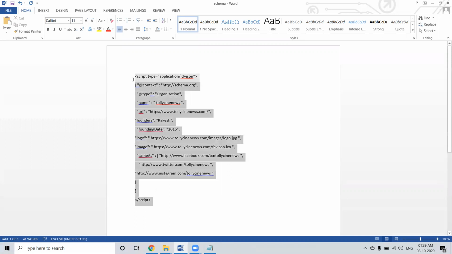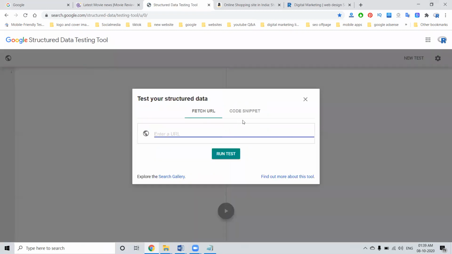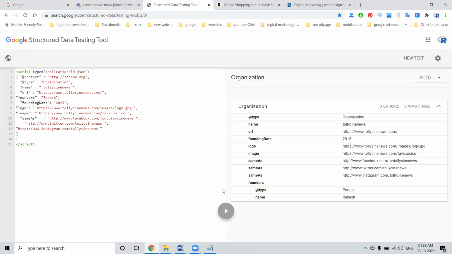After this, copy this code. First of all, you have to check the code is valid. We go to the code snippet and check it with run test. The code is valid with zero errors and zero warnings. We can update the code through cPanel access.